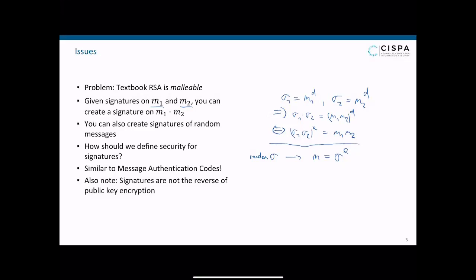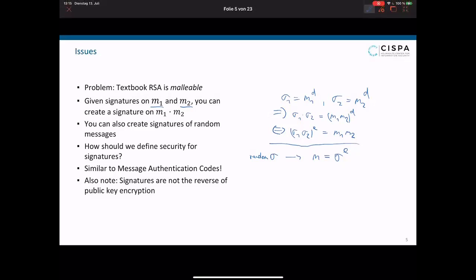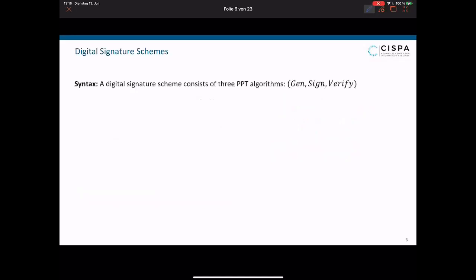Good. So this is really a fallacy that I cannot overstress: even though RSA made it look at first glance like signatures are the reverse of public key encryption, this analogy doesn't really carry far. Good, but